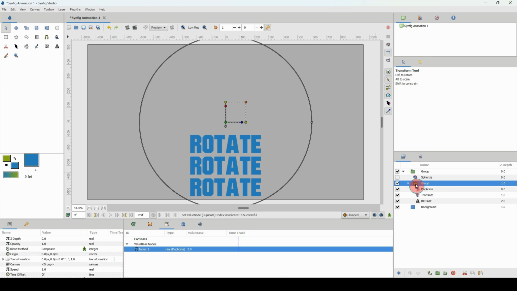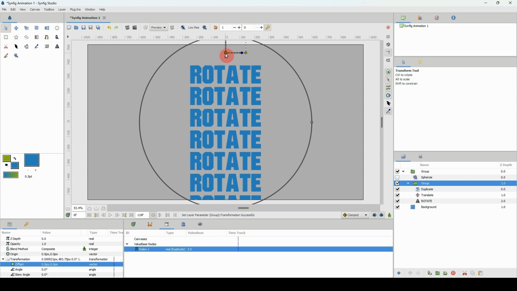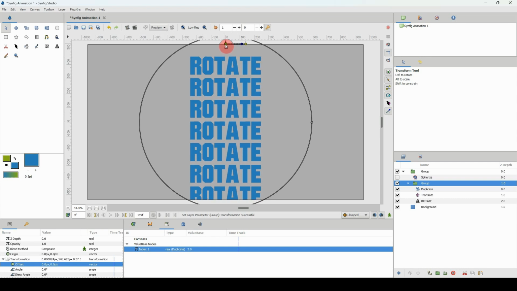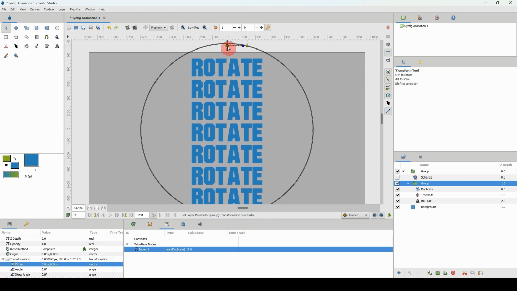And I'm going to select my group, and I'm going to move this up, and I'm holding down shift to move it in a straight line. Just going to move it up here so we can have more text within the canvas area here, and maybe like there. And now we're done with our text and our duplicate, so I'm going to close that,